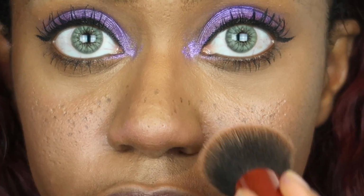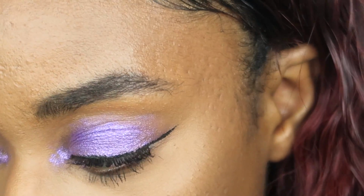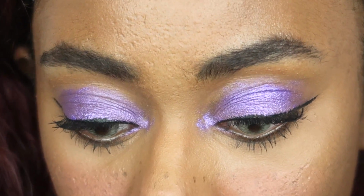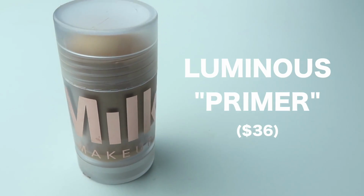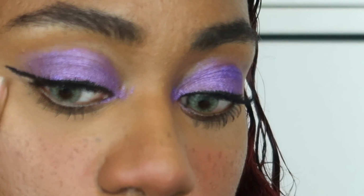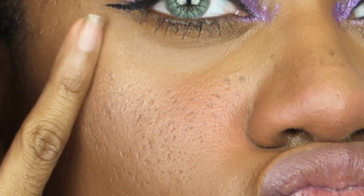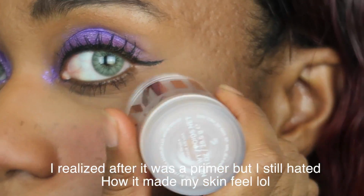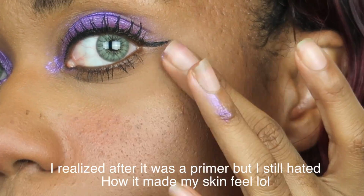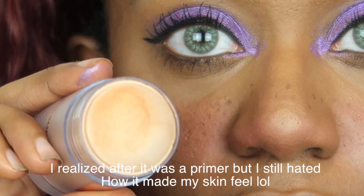I don't like the formula of the Milk Makeup one that we just used. Next, we will be using the Milk Makeup Luminous Highlighter Stick, but we shall see. I'm just gonna kind of move it like this on my skin. I think this illuminator is kind of accentuating my pores. I would say for pores, this would probably be a no, and also it kind of rubs off on the